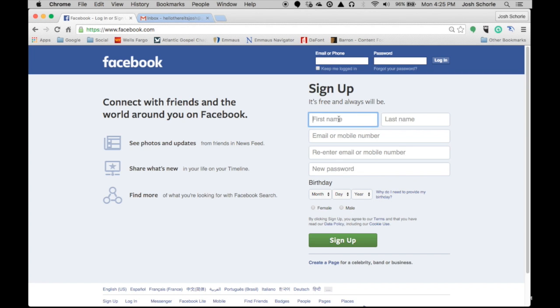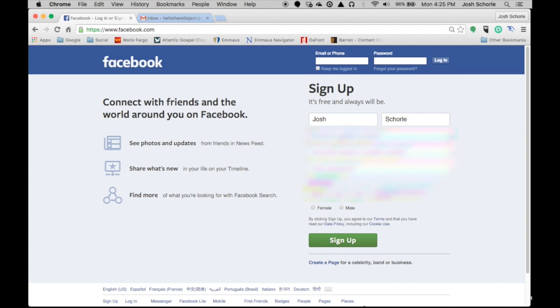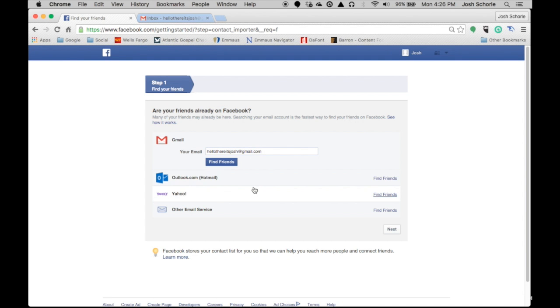First things first, you're going to put in your first and last name, which I'm just going to go ahead and do, and put in your email and all that, put in your birthday and gender. So I'm just going to fast forward through the rest. Once you have filled everything out, you will click sign up. Then after that, you can